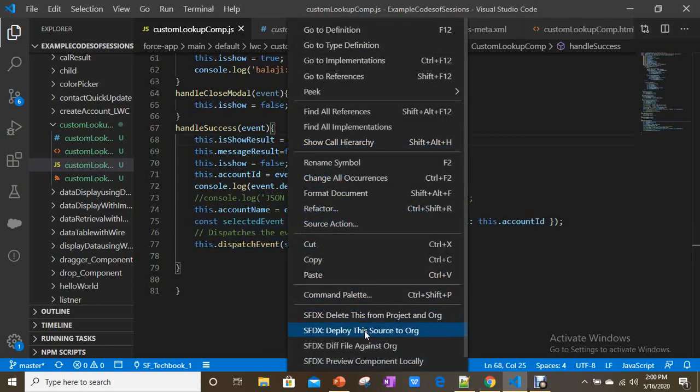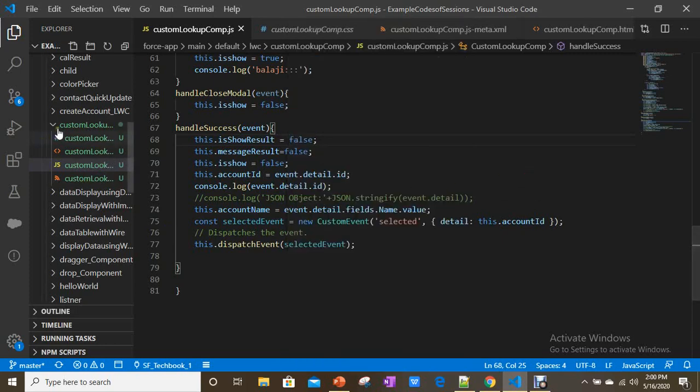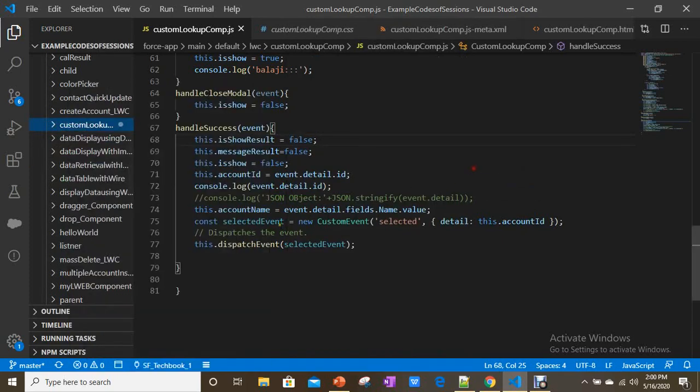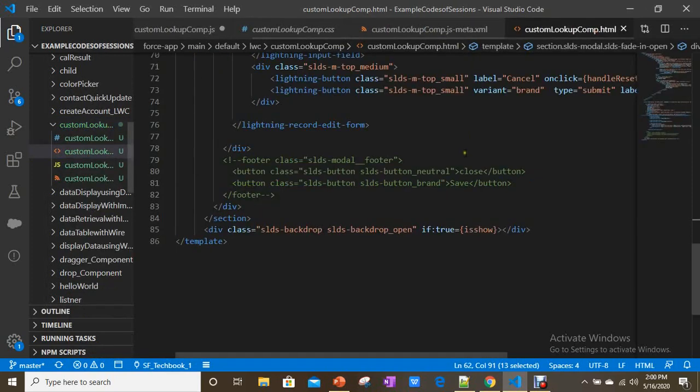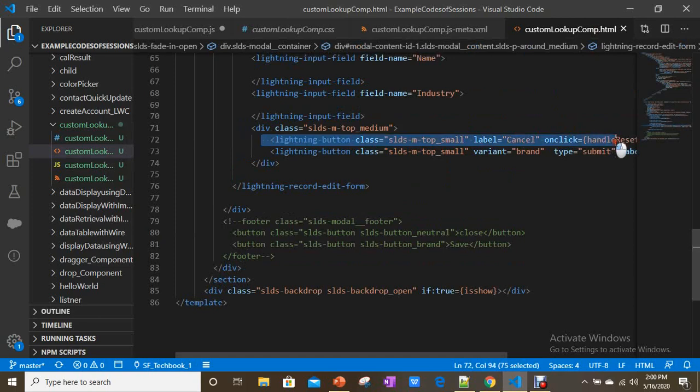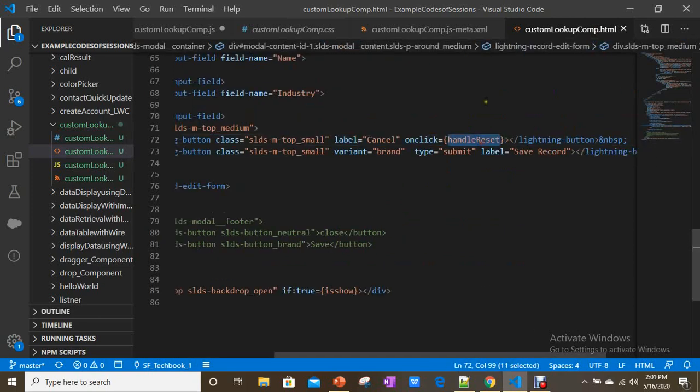Now deploy these changes, and along with that, let's take this. If you observe here, I am using one cancel button also, right? Handle reset.